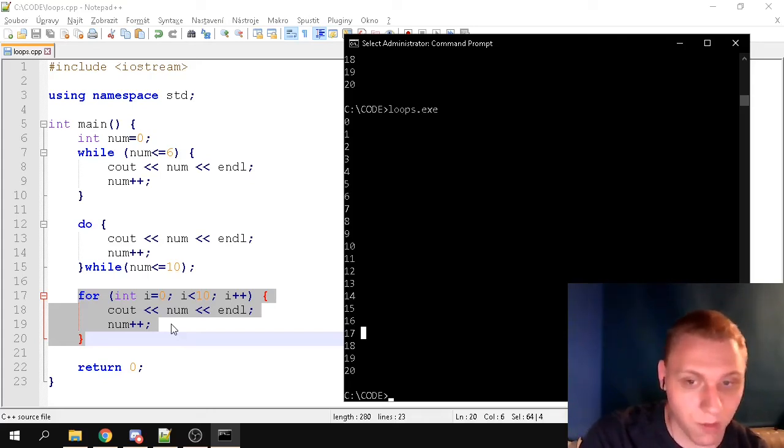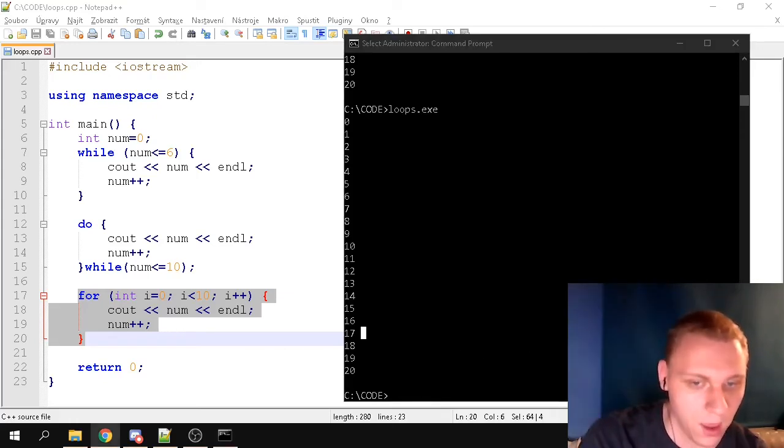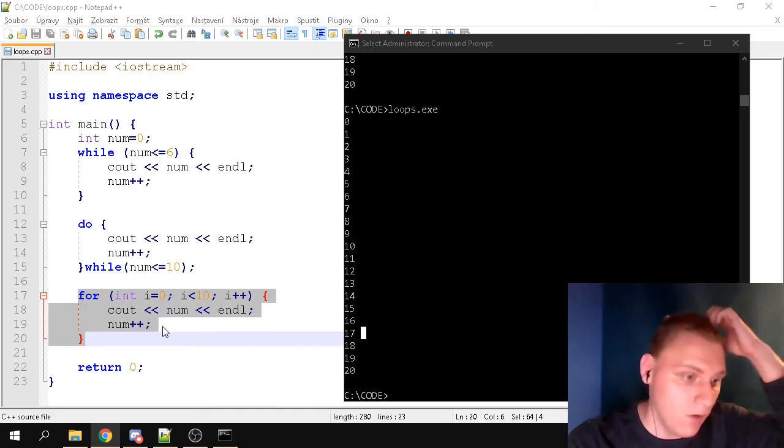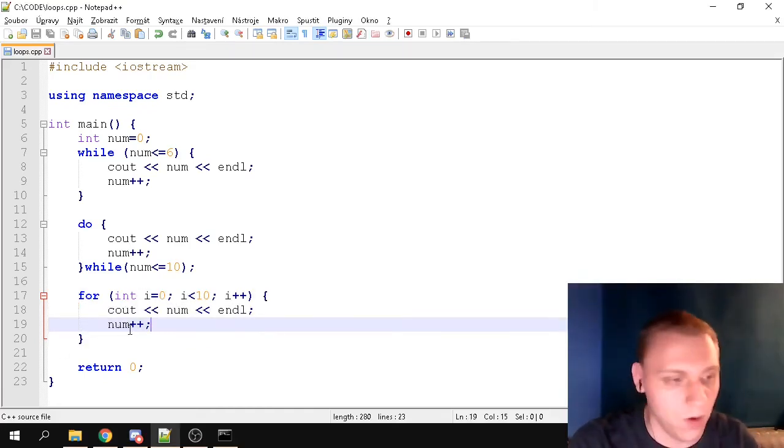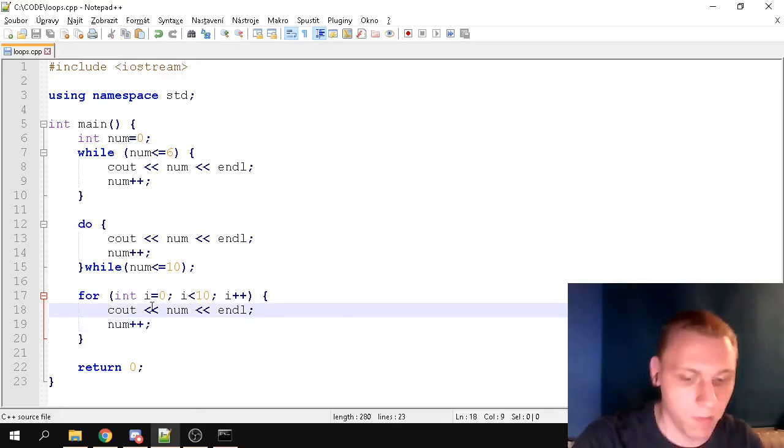One thing you need to remember is if you don't want a certain thing to be executed inside of a loop, there's another method to the madness, and that is using breaks and continues. All you have to remember is that if you use a break here, for example, it will just exit this and do nothing. So let me just